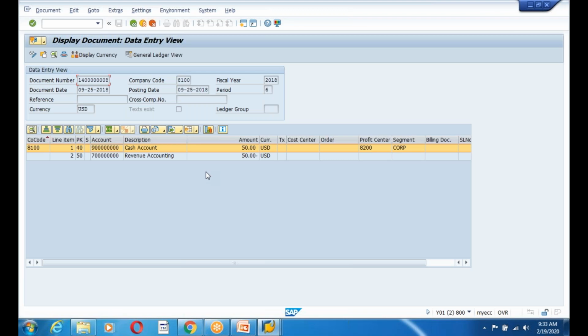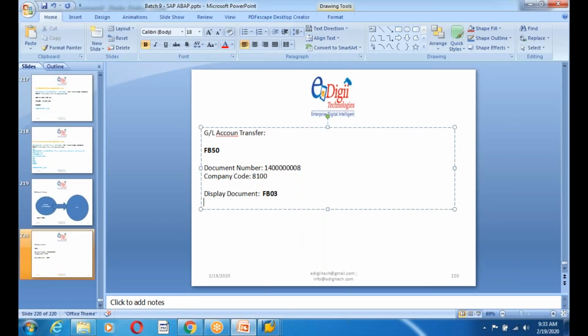Database tables here. Which object will you use? You will use a database object in the program. So in which table is this data stored, right? The database tables, as I told already, are the document header table, one is BKPF, and the item table